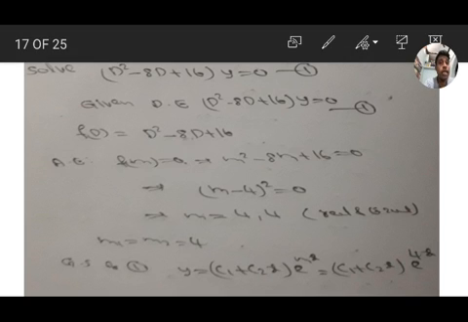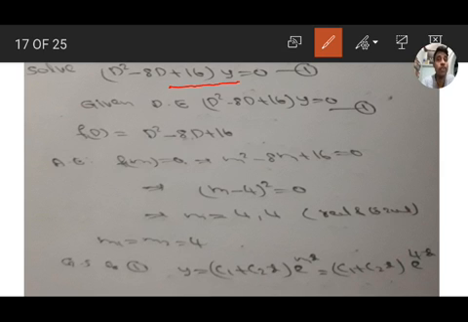Symbolic form first, then the auxiliary equation, solve it, and then the general solution of the equation. Here the roots are real and equal, so the solution is (c1 + c2x)e^(mx). Write down the problem. Next problem: (D² - 8D + 16)y = 0.